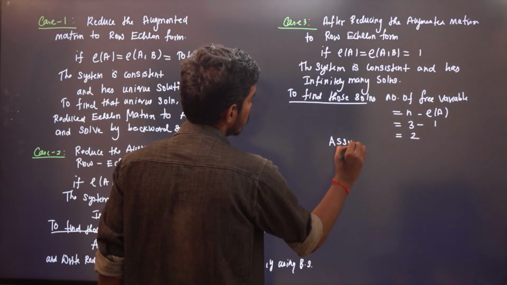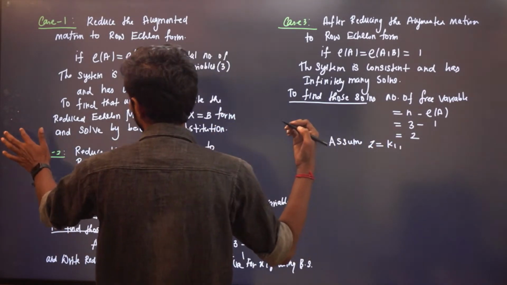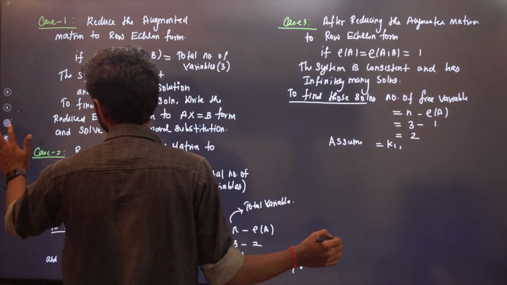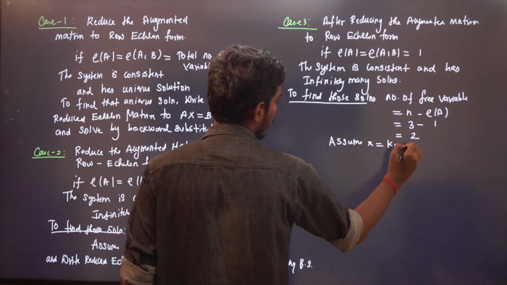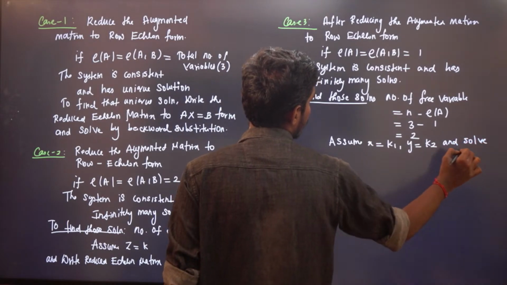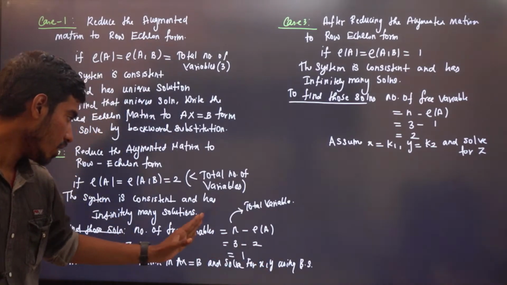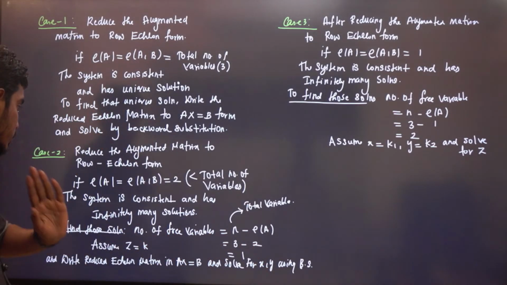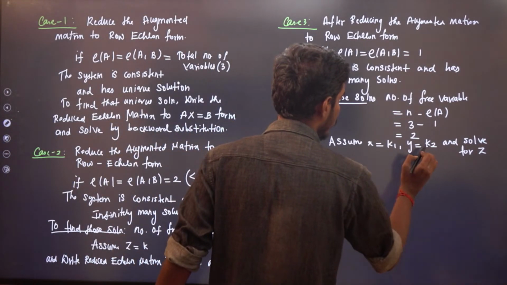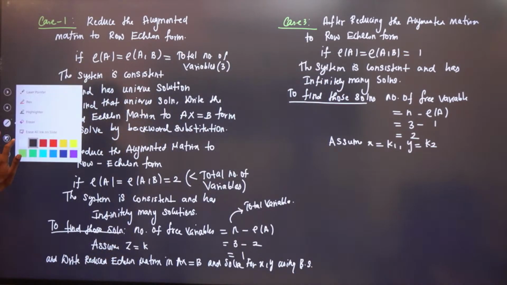That means you can assume two variables on your own. Let us take z to be k1 or y to be k1. You can take any two variables, right? Let us take x to be k1, y to be k2, and solve for z. Here you can see I solved for x and y by assuming z is equal to k. Assume z is equal to k and write this, or you can write the same thing. Assume x is equal to k1, y is equal to k2, and write the reduced echelon form